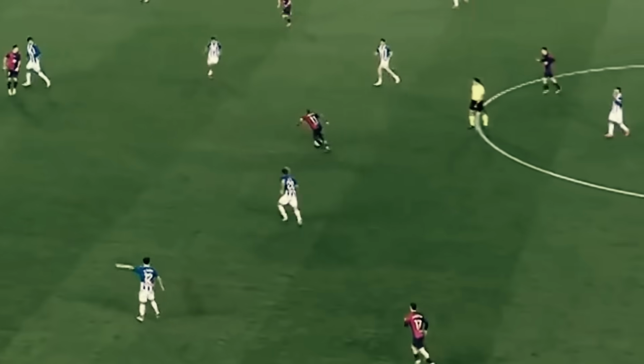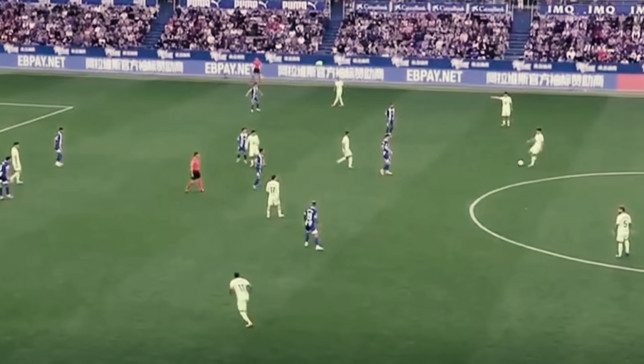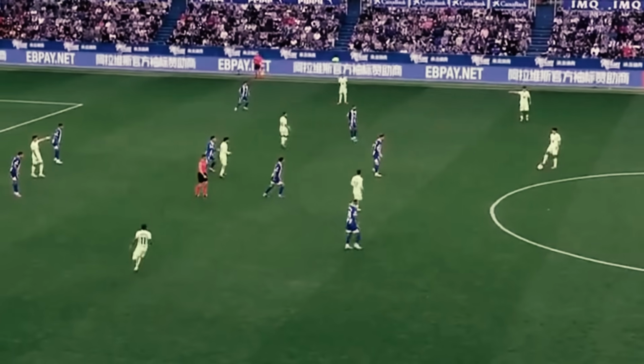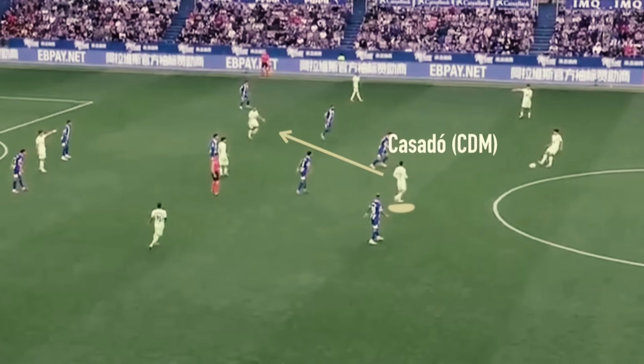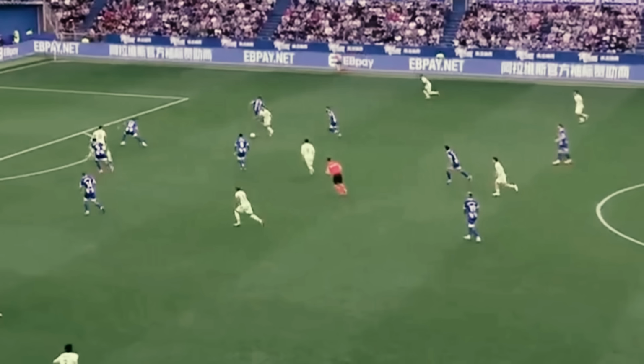inside. And it's this kind of shared understanding of movement and space that allows Barca to get inside the opposition block. So here Pedri is the one making the first movement, dragging his marker away. Eric Garcia realizes, occupies the space, and the final piece is the recognition from Casado. And this is powerful because when you get inside a block like this, you can directly attack the back line